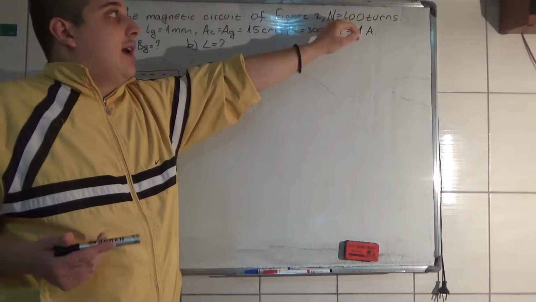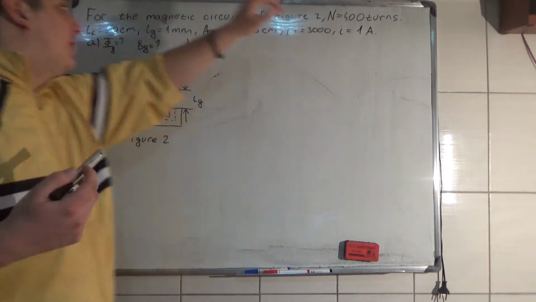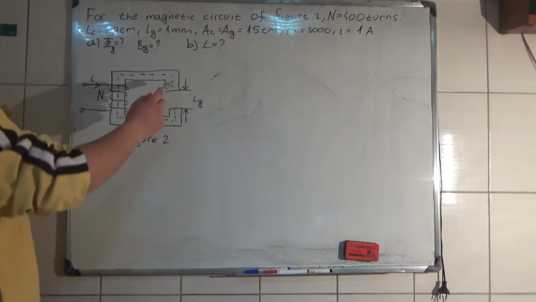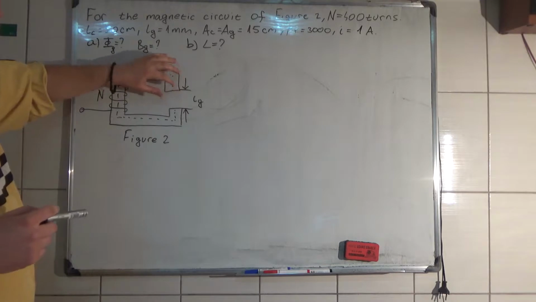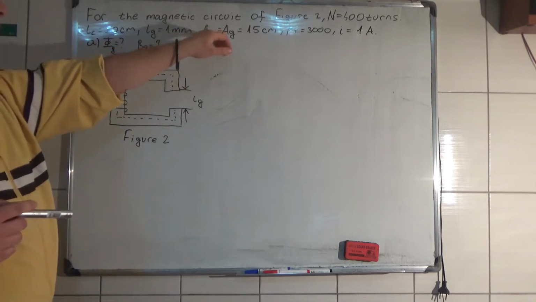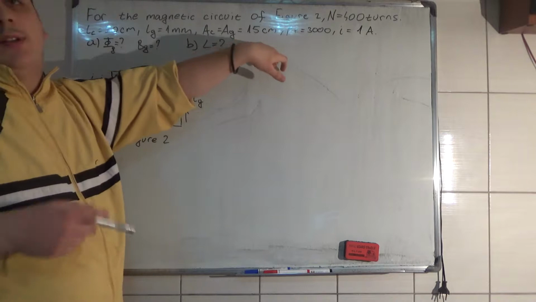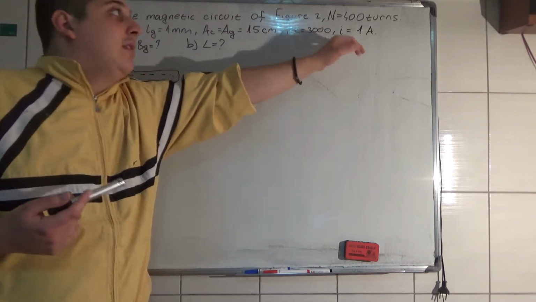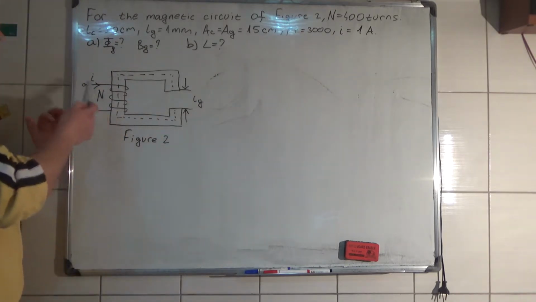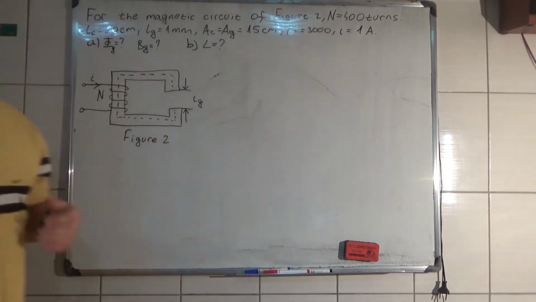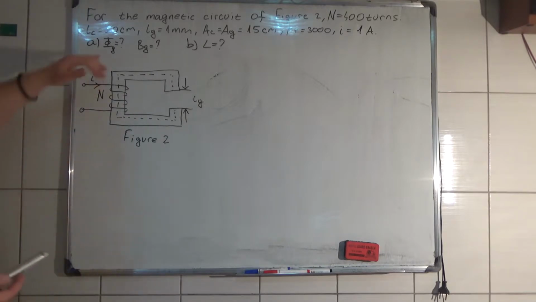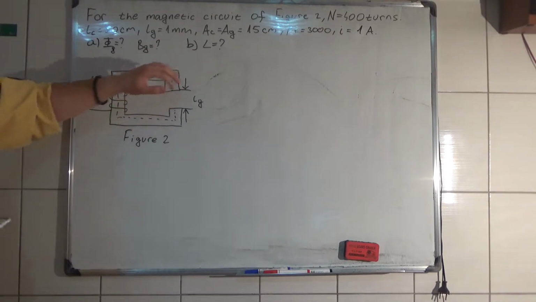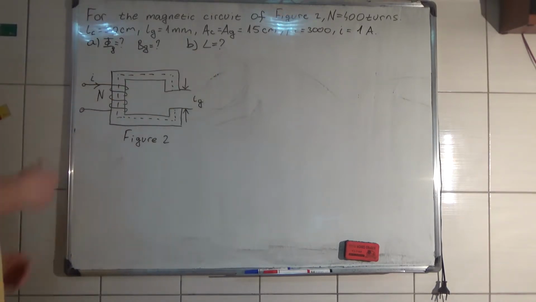which has N equals 400 turns, and the mean length of the core is 50 centimeters. The air gap length is 1 millimeter. The areas are the same, 15 centimeters squared. The relative permeability of the core is 3000, and the current of this coil is 1 ampere. We have to calculate what is the flux in this air gap, what is the magnetic flux density here, and what is the inductance of this coil